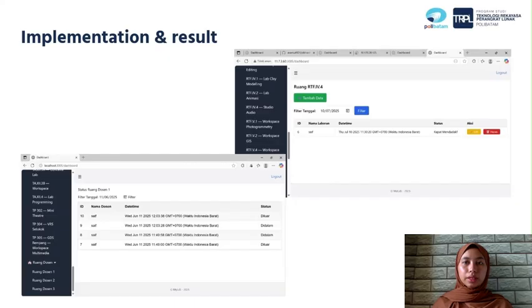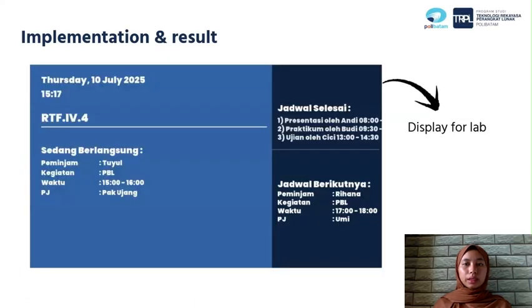And from the code that we have implemented and also the database, we get the website where we can perform CRUD. We can update, create, and delete all the schedules for each room. And we also made a display for the lab.